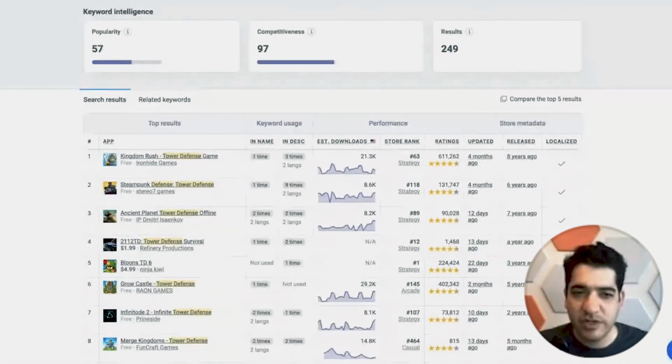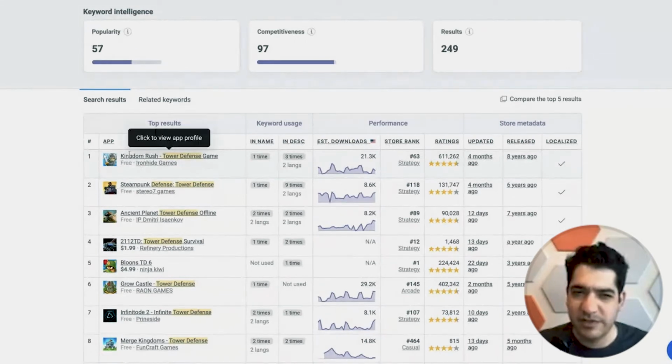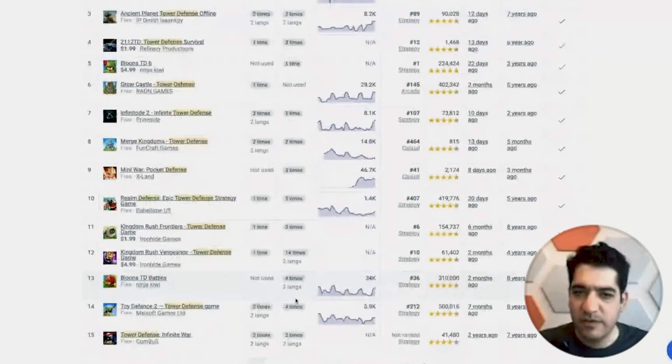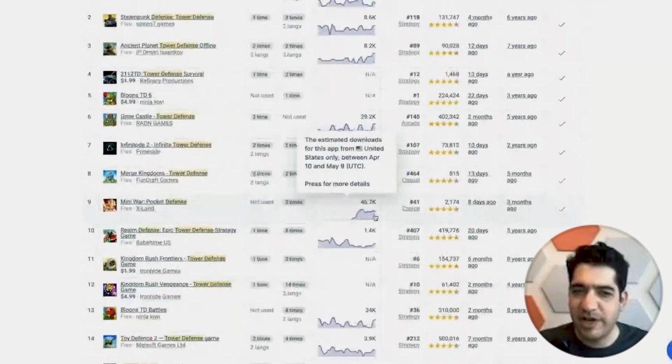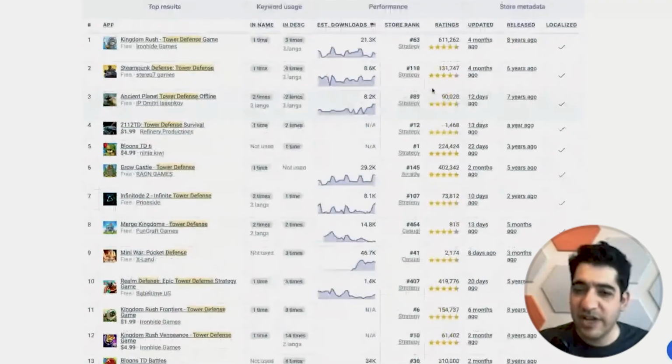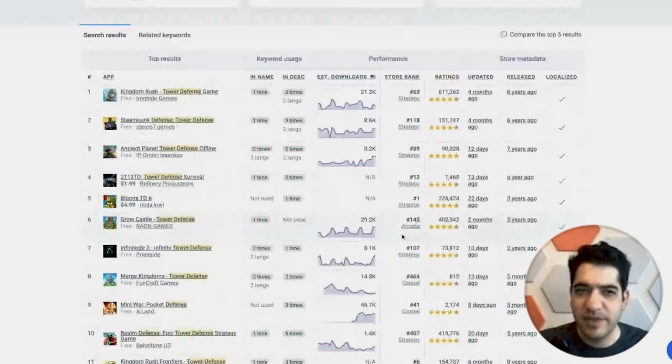So we see that Kingdom Rush is #1, and I believe a few live app teardowns ago, Kingdom Rush also was the #1 result for something else. So it's definitely all over the place. And then you can see that download-wise, it doesn't take a lot to get into the top. 8,000 downloads is probably not that many. And if you do your keywords right, you're probably better off. And so downloads are not the only thing that really matters. We can look at the number of ratings. They're kind of high, but it's still possible. Now,